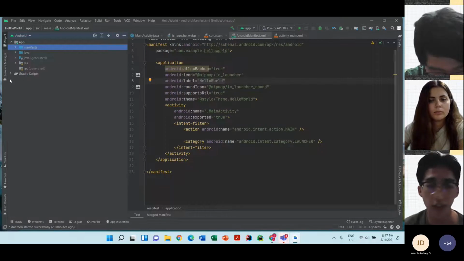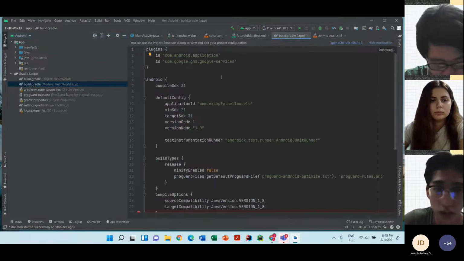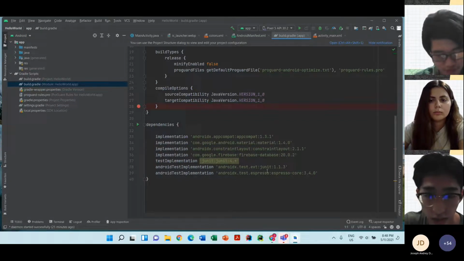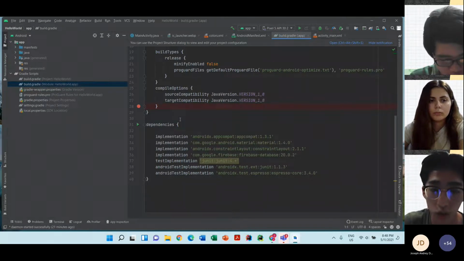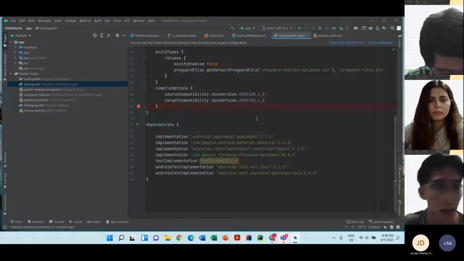The other use of Gradle is that if you want to use other people's code in your project, for example, if you want to use a YouTube player in your project, you add the dependency right in this file called build.gradle, and inside you just need to add one line for the YouTube player code. As simple as that, Gradle will help you add the code to your project, so you can use it. So Gradle is a build tool that will handle the combination of every file and other code, and it will generate an APK file.